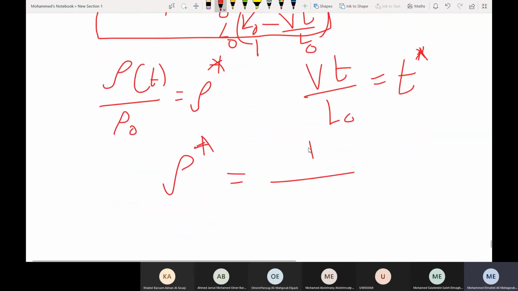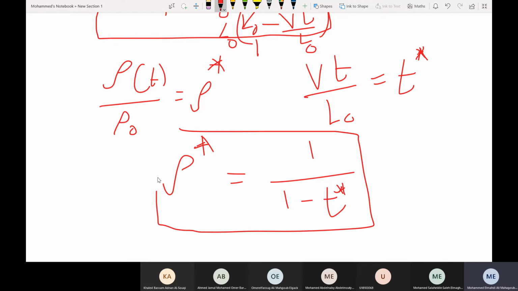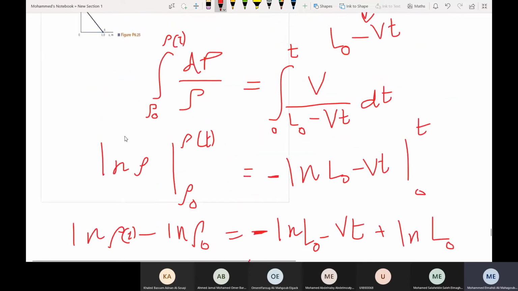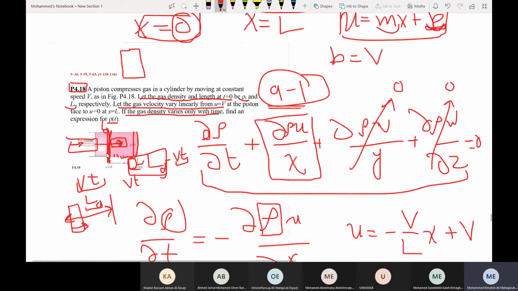So now we have 1 over 1 minus dimensionless time. Okay, no need to get this form, but this one will help you if you have an experiment. For example, if I give you data, or maybe the professor gives you data, at several points. At the first point rho is some value, the time is 0, L naught is equal to, the velocity is equal to, and then here at x equal to 4 now the velocity is equal to,